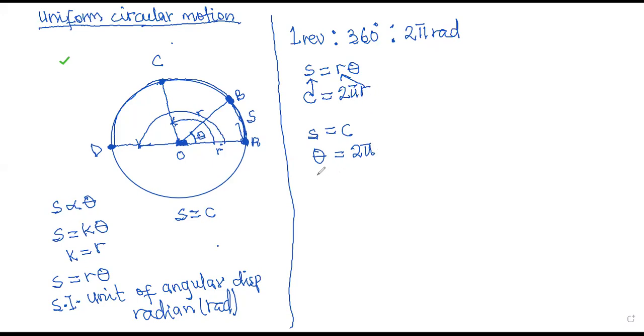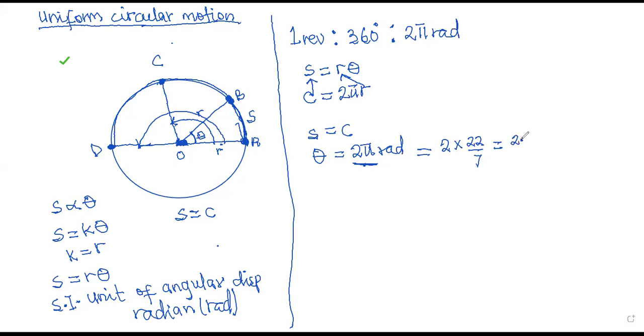Please note that angular displacement in radian can be expressed in multiples of pi, as in this case. This is 2 times pi. It can also be 2 pi radian. It can also be expressed in decimals. If we express this in decimal, then we substitute the actual value of pi, which is 22/7. And so this would give us